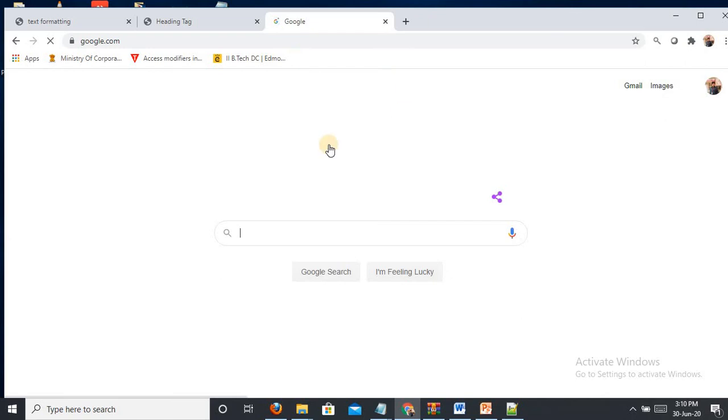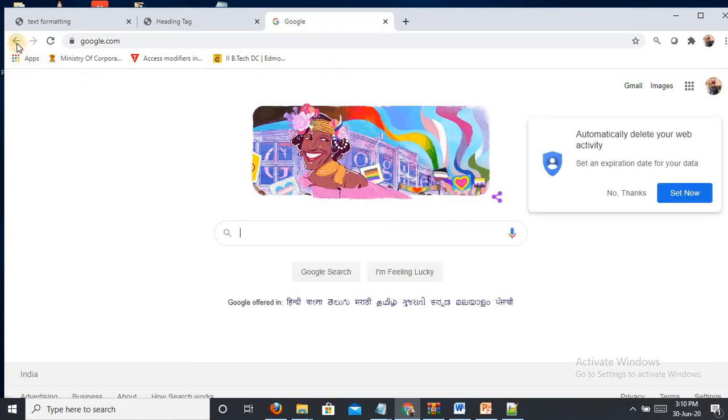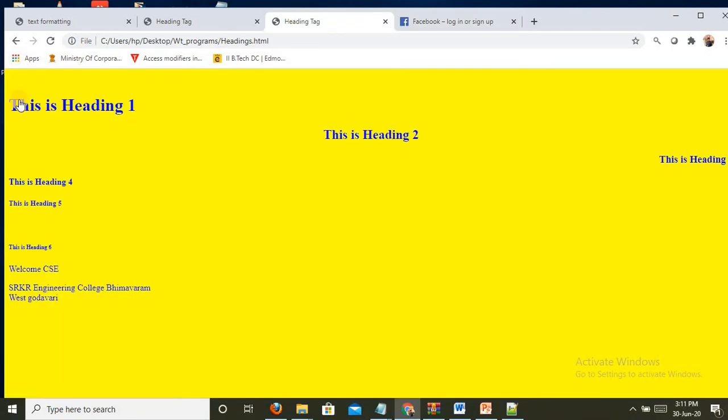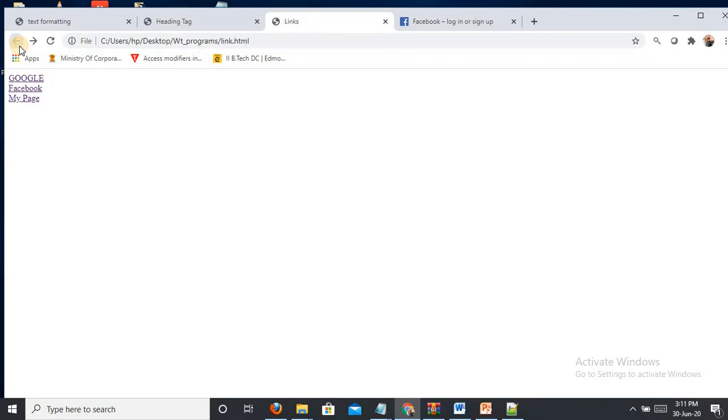So it's Google. I had clicked on Google. It's opening in the same page as I had written underscore self. Next I am writing Facebook. Facebook is open in another page as I had written underscore blank. And my page means it will redirect to headings.html. So this is it.